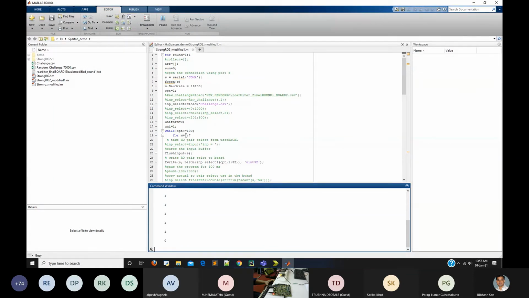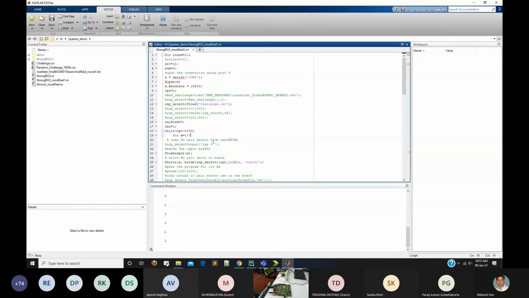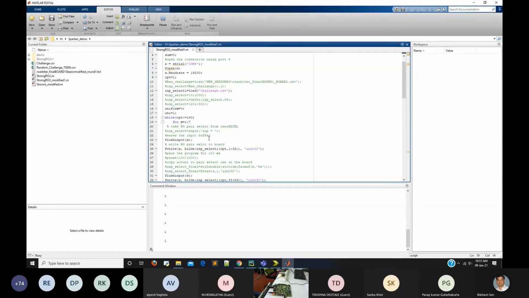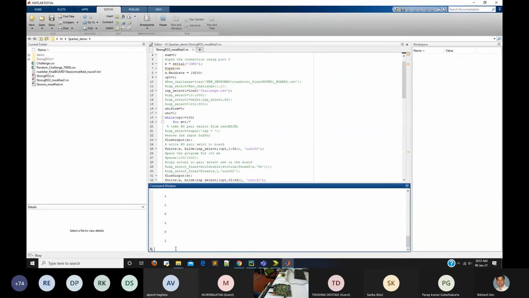I have run this loop for 100, so this will provide 100 challenges, and against them 100 responses will be generated. Like this, we can collect the challenge-response pairs from the FPGA device.